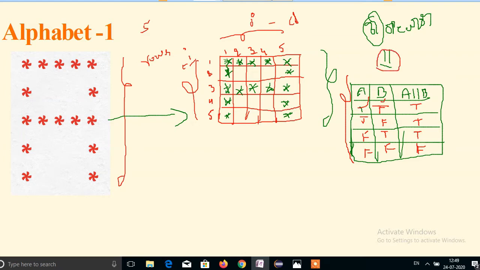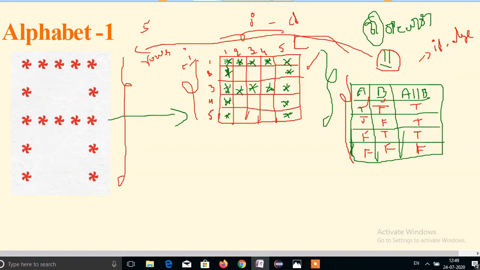So by using this operator, now I will print this pattern. I will print this pattern by using the OR operator, where we can write the operator by using an if else condition. By using an if else condition, I will write this program. So if you observe this pattern, where will stars be printed?